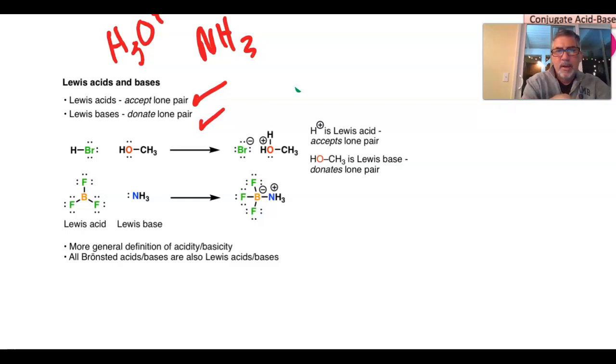Okay, so if we look at this, first we have bromic acid, and we have methanol. In this instance, bromic acid is going to donate the H. So it's essentially a Bronsted-Lowry acid, so it donates an H+. Now, the hydrogen ion can accept an electron pair, so it becomes a Lewis acid. The Lewis base is an electron pair donor. If you notice that this has an extra pair of electrons. So that extra pair of electrons